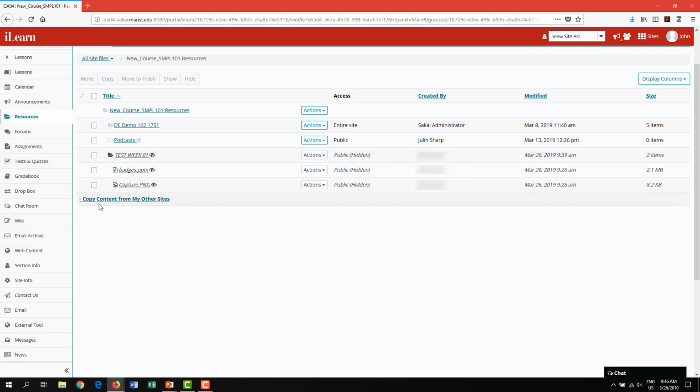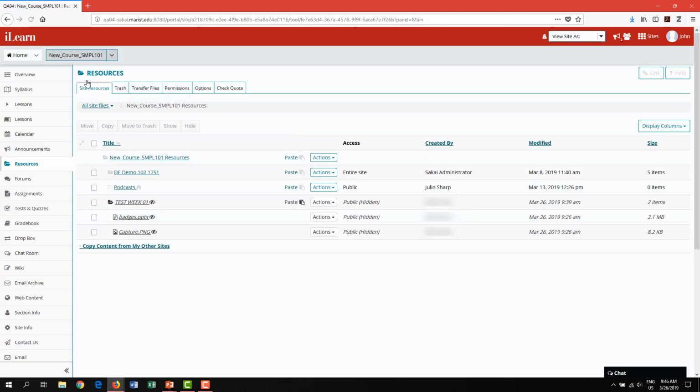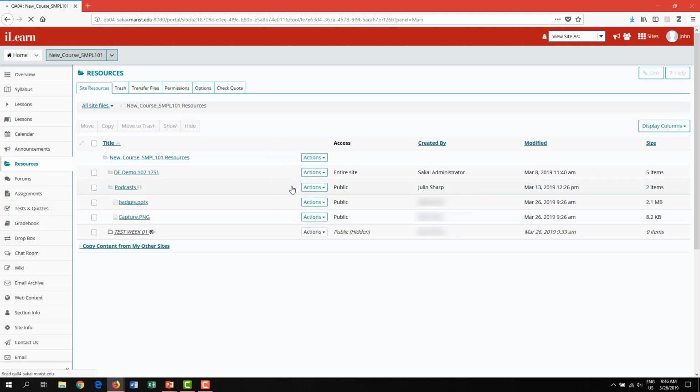Next, we will review how to organize your files into different folders. Check the box next to the file that you want to move, and click the Move button at the top. Check off Additional Files if you want to move multiple files to the same destination at the same time. As you can see, a clipboard icon will appear. Click on this icon associated with the other folder you want to move your files to, and all of the files you have checked off will move into this new folder.